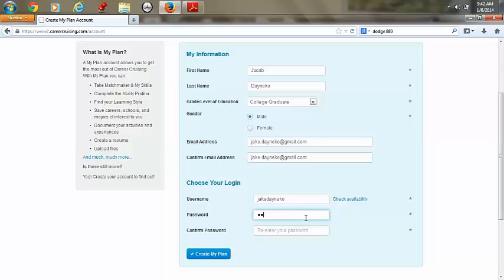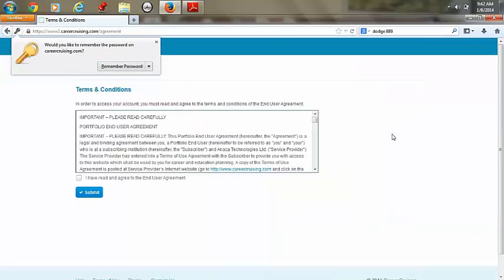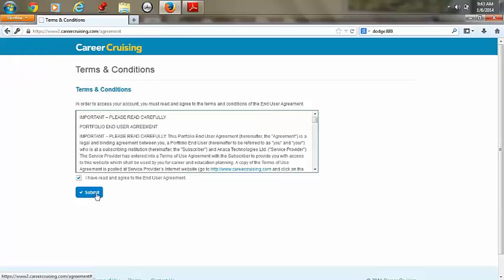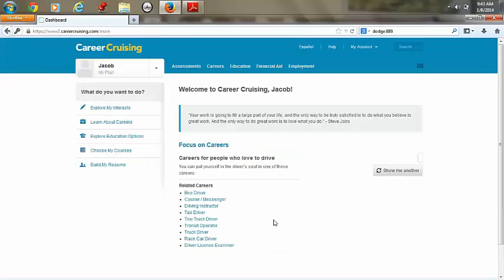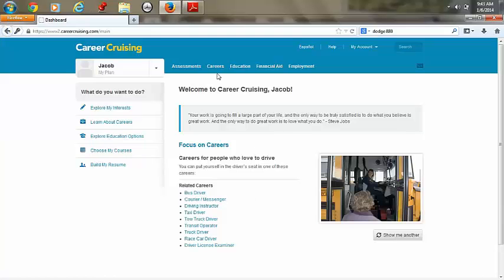So we're going to create a password, type it in 1 time, and then type it in a 2nd time, just repeat that, and then we're going to click on create a profile. And we're going to say I accept, and submit, and now we have a profile made. So now we can go to assessments,